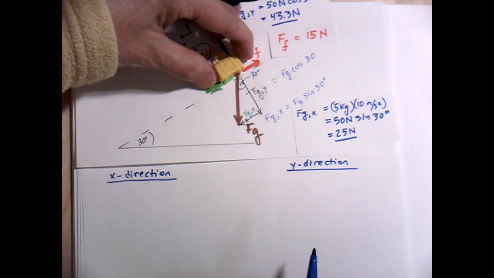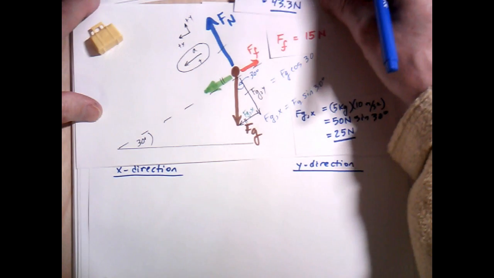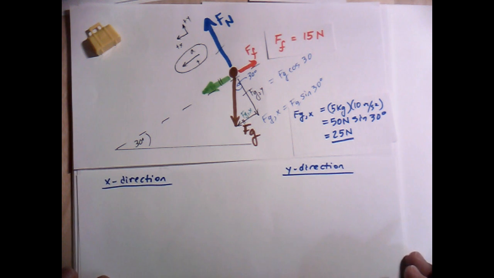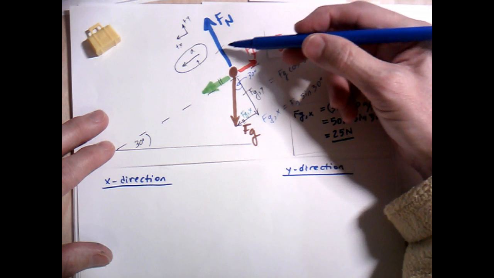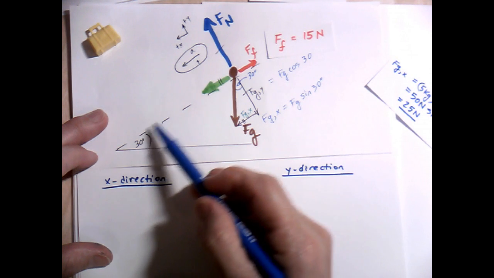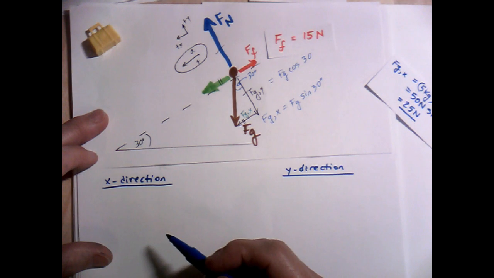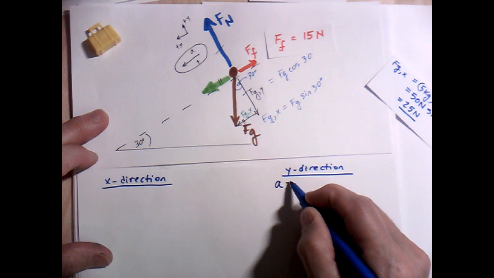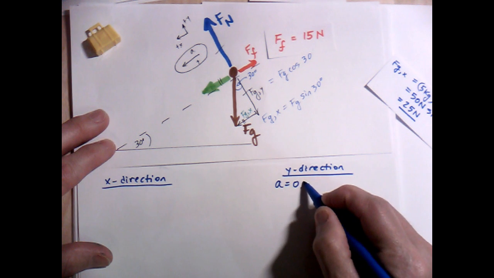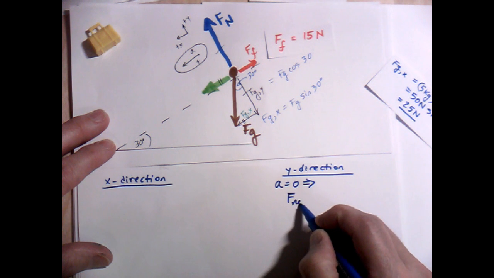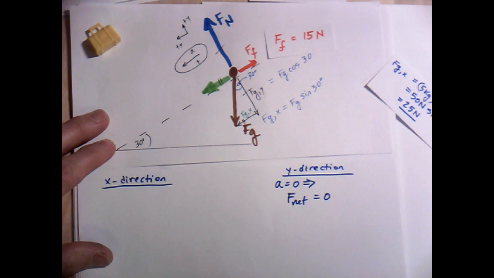So we can see, let me take this suitcase away here, we can see from our arrows in our free body diagram that the normal force and the y component of Fg are opposite, and they are the same length, which means that there's no acceleration in the y direction. The acceleration in this problem is all in the x direction down the ramp. So in the y direction, at least, we can write that since there's no acceleration, the net force must be equal to 0,